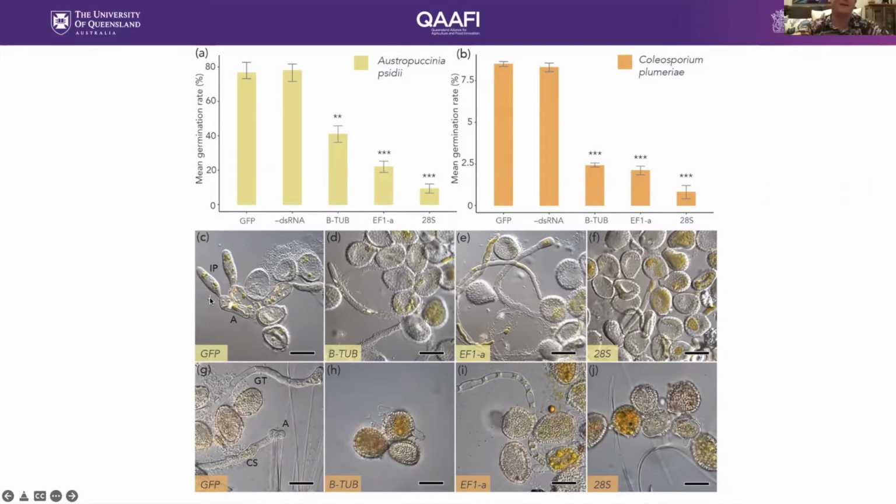labeled with GFP. So there's those infection pegs, appressoria, Coleosporium plumeriae looks a little bit different. But then you can see when we start to knock down with RNAi with these housekeeping genes, here's beta-tubulin, just pathetic kind of germ tubes. Here's that interruption, clear interruption of cytoplasmic streaming. And then with LSU, it's even hard to find spores that have germinated. And this is kind of the best effort at a rust spore making an appressorium when it's been knocked down